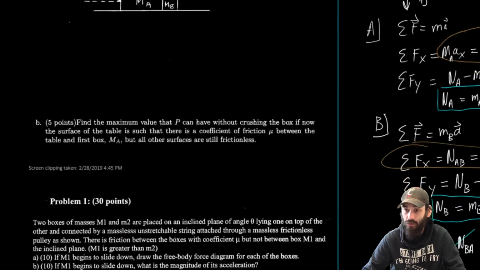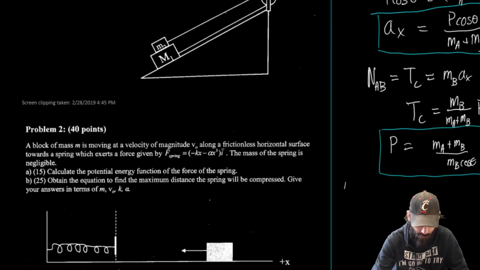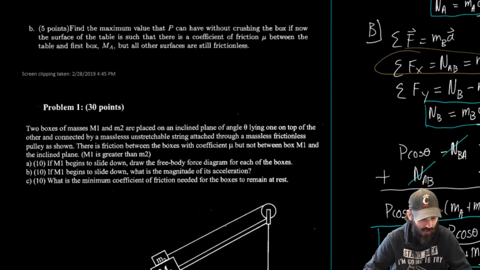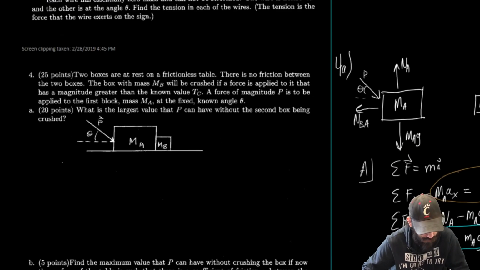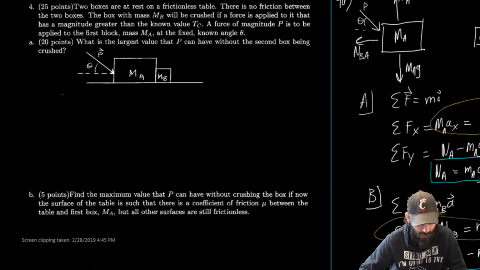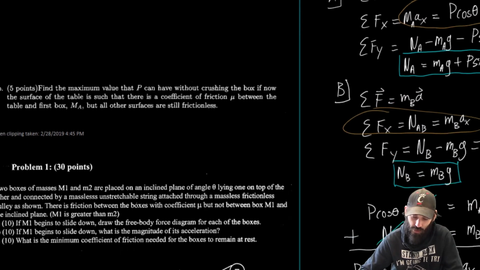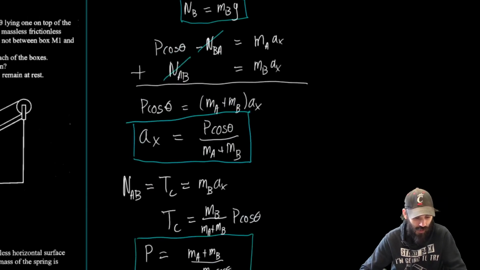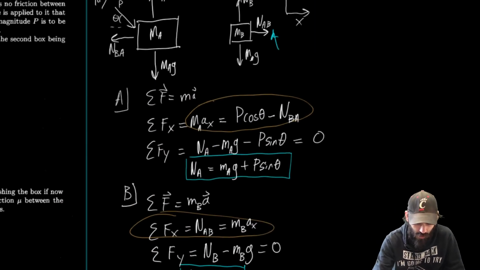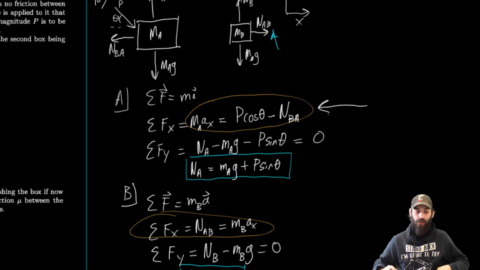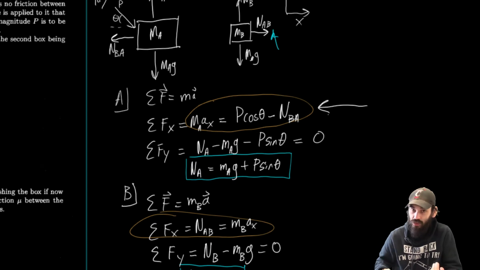The next part, which is going to be for B, we want to find what the maximum value P can have without crushing the box if now the surface of the table is such that there's a coefficient of friction mu between the table and the first box, mA, but the rest of it is going to be frictionless. So to do that portion, all we need to do is look at this right here. So when we're looking at the sum of the forces in the x direction for the first block